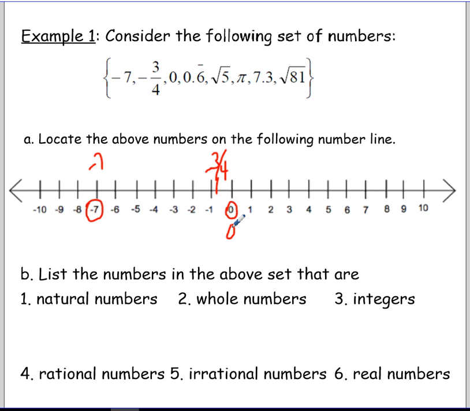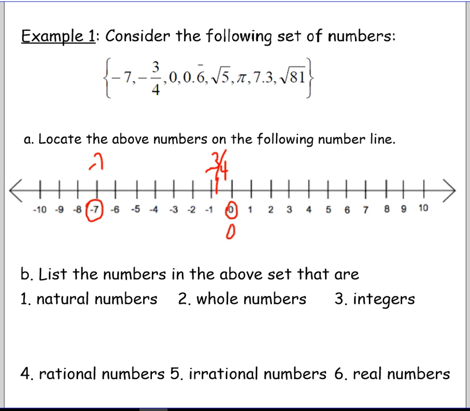And then we have the square root of 5. That's a number you're going to have to use your calculator to put on a number line, because the square root of 5 doesn't come out evenly, like I mentioned before. There's no number times itself that gives you 5 as an answer. And so to find it in the calculator,